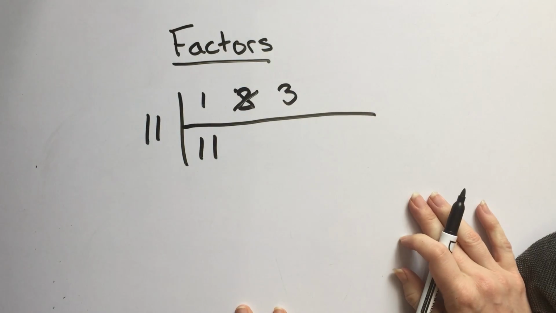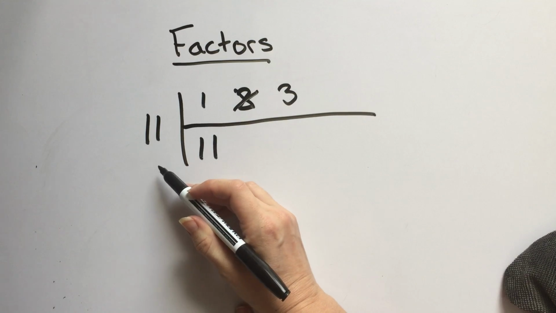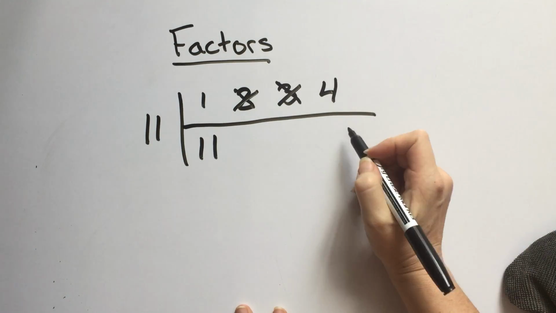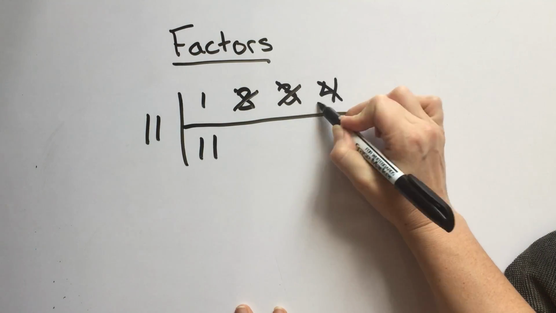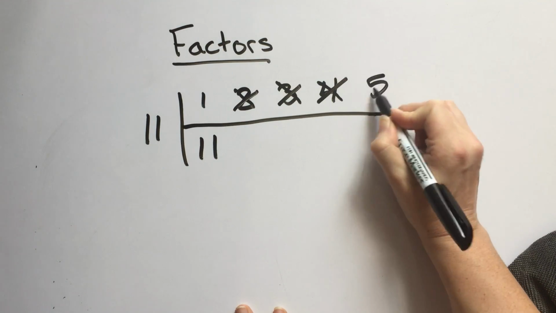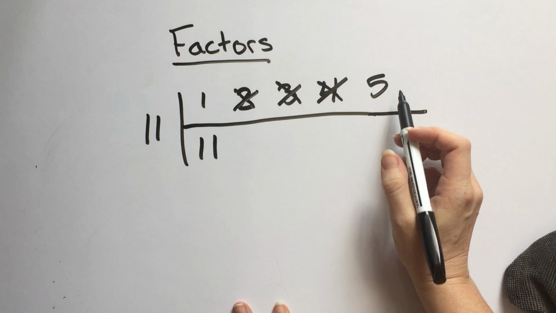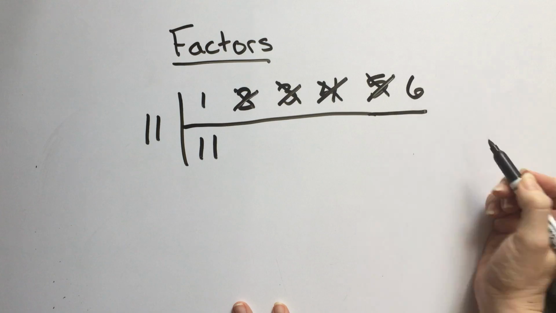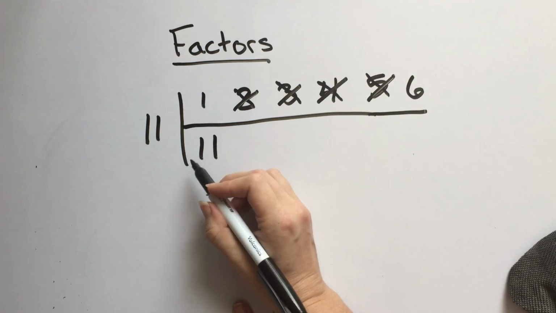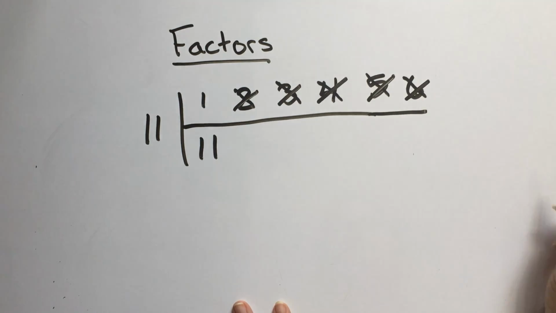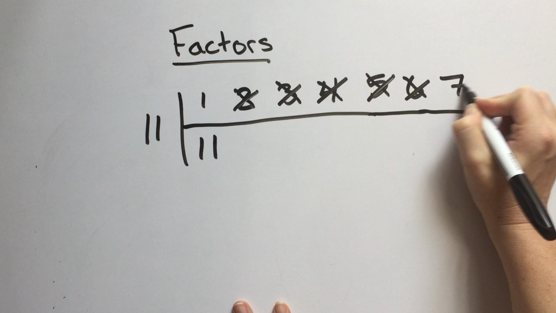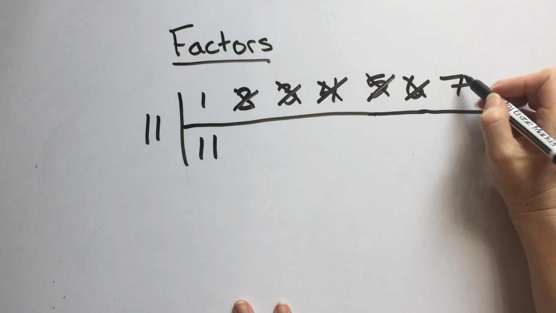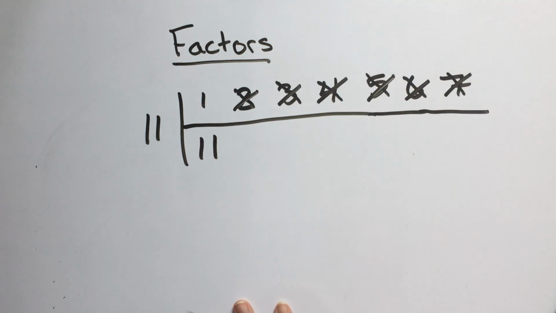What about 3? Well, I know that 3 times 4 is 12, so 3 is not going to work for 11. 4, well, again, 3 times 4 is 12, so not going to work for 11. 5, well, 5 times 2 is 10, so not going to work for 11. 6, well, 6 times 2 is 12, so that's not going to work either. 7, well, 7 times 2 is 14, so that's not going to work,